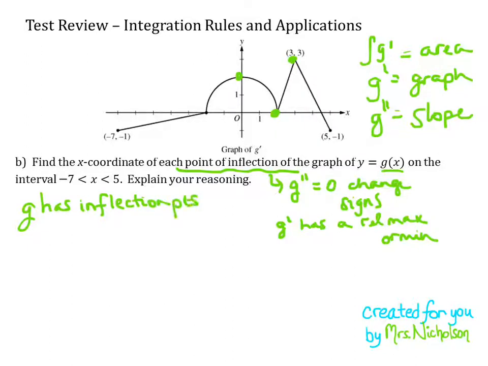g has inflection points at, and I'm going to break this up, at x equals 0 and x equals 3 because, and remember, whenever you write the word because, the very next thing that we should write is whatever is given to us. In this case, that's g prime. And the reason I know those are inflection points for g is because g prime